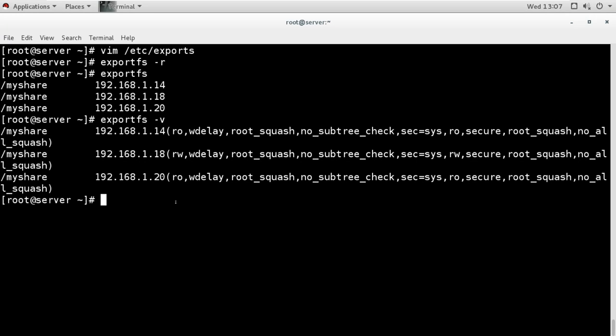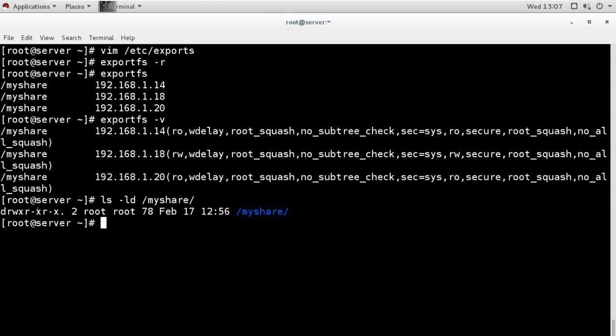Now we can see this IP is having read only permission, this IP is having read write, and this IP is having read only permission. So I have accessed with this IP, so I get only read only. Instead I give the write permission here. Right now the local permission, the local advanced ACL permissions of the directory, is saying no write to others.